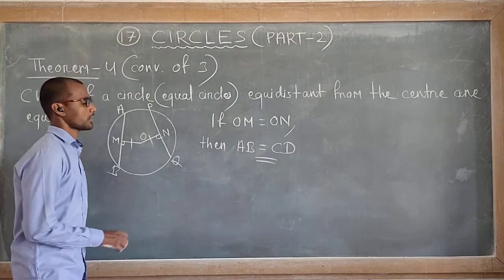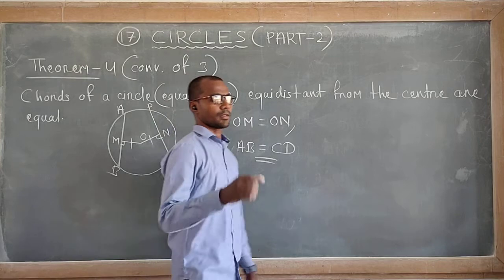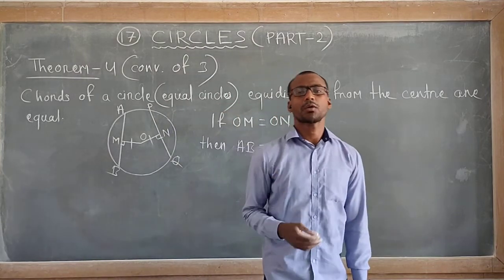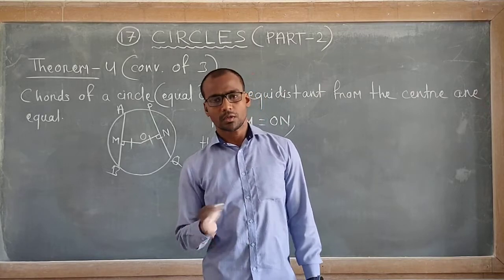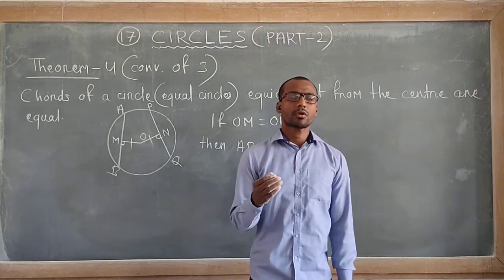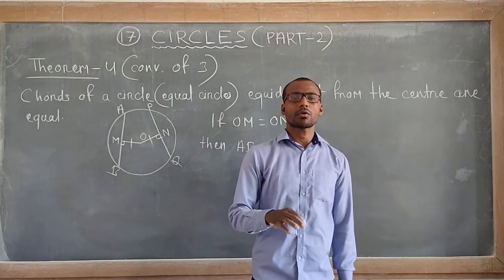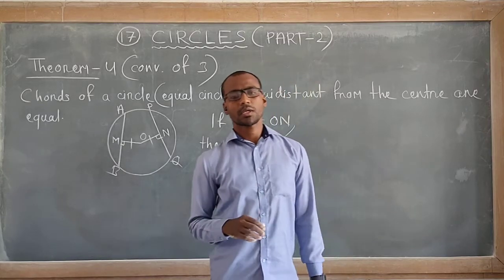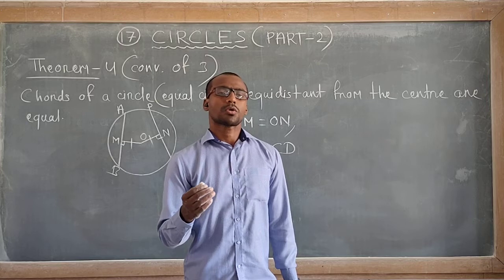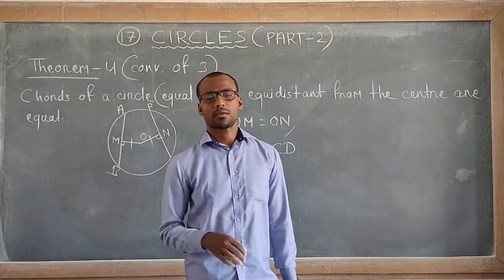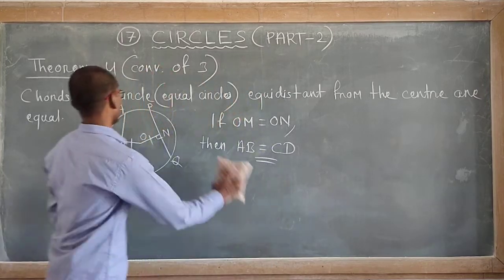So remember the four theorems. First theorem, the line drawn from the center of a circle to bisect a chord is perpendicular to the chord. Theorem number 2, converse. The line drawn from the center of a circle perpendicular to a chord bisects it. Theorem number 3, equal chords are equidistant. Theorem number 4, chords equidistant from the center are equal. Then theorem number 5,